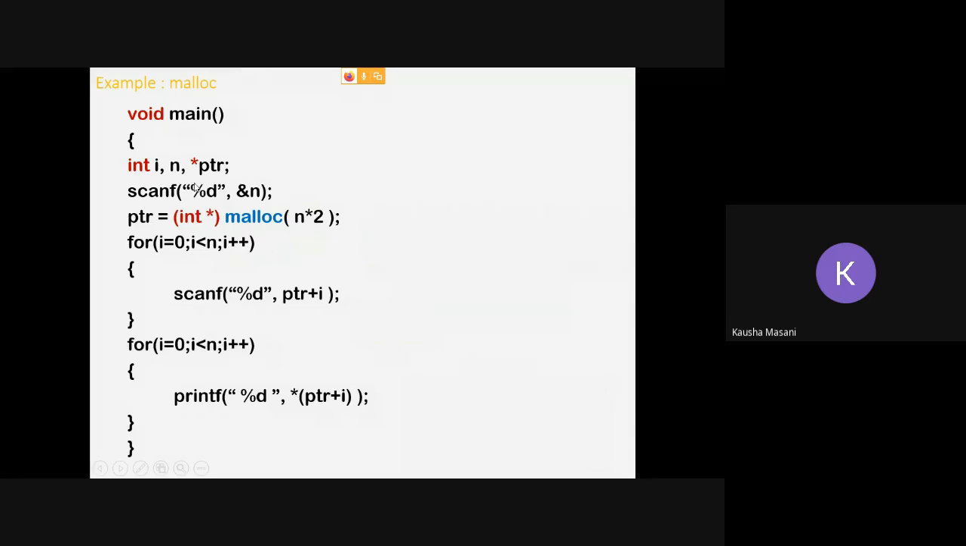Okay. So before you execute your malloc, you are going to ask the user to enter the required size, and that size you are going to scan and store in a variable. I have taken variable n. Okay. So now in my malloc,